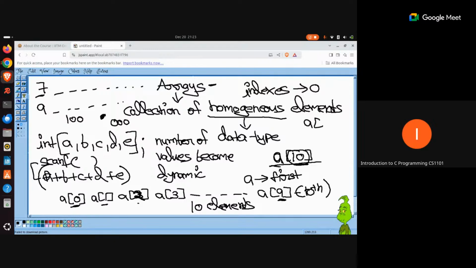Similarly, if we created an array with a size of A[100], the last element in this case is going to be A[99], because we are again starting from A[0]. If you count from A[0] till A[99], you end up with a total of 100 elements. So this is the limit of the values you are going to work with, and the last value in an array always has an index one less than the actual length of that array.